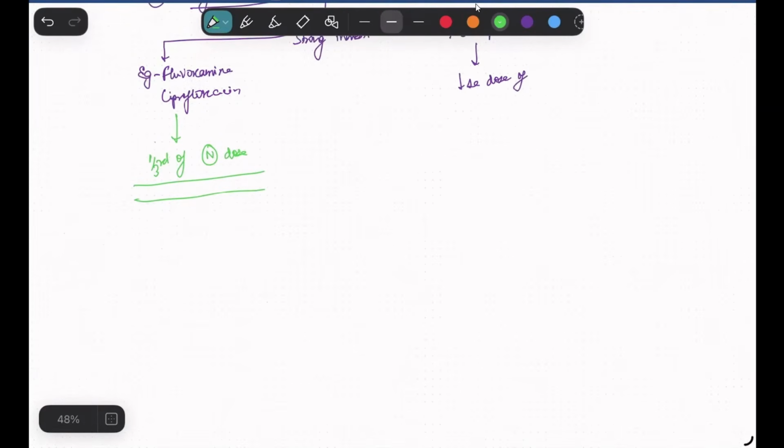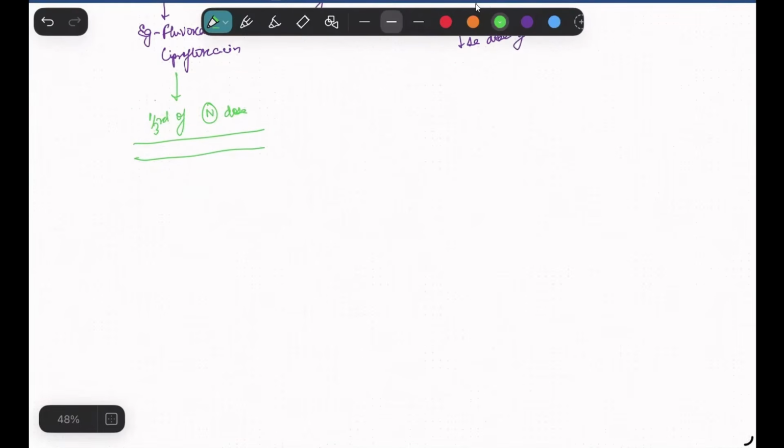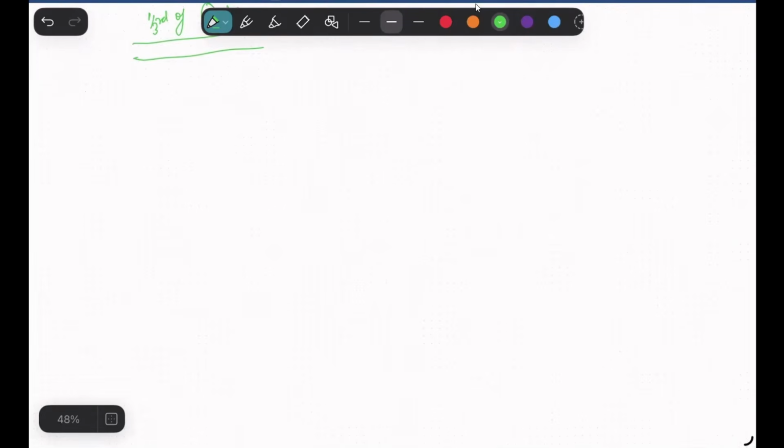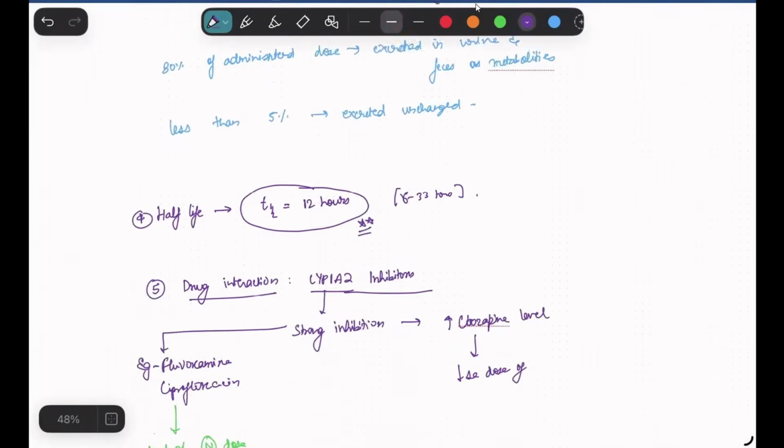Okay, understood. So it is not necessary that a sudden increase in clozapine level will always be bad and cause toxicity. Sometimes we can use this in the clinical setting to increase the level of clozapine when we can't increase the dose because of the burden of side effects. This is clear. One important thing which is asked again and again in the exam: